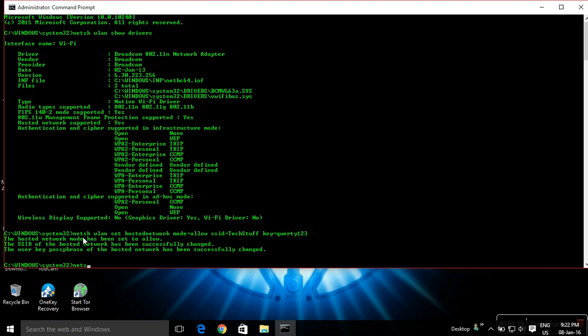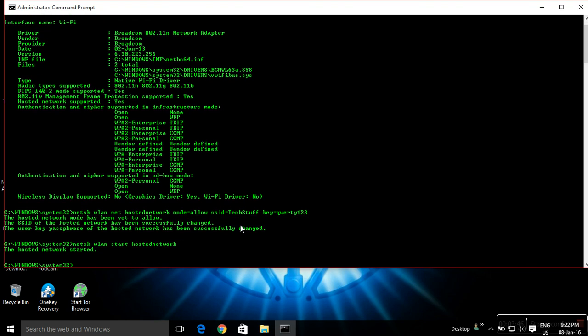Proceed with the next command, that is netsh wlan start hostednetwork. What this command is going to do is start your hotspot which you have just created in the above command. So just hit enter and you will see this output, the hosted network started. So just